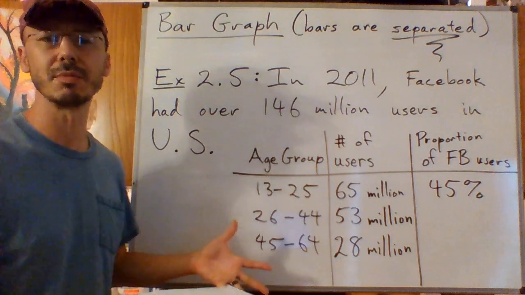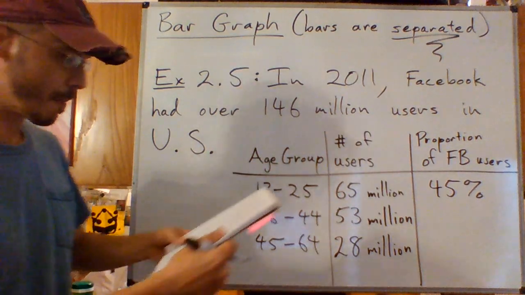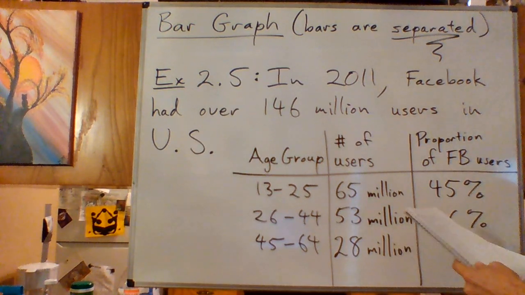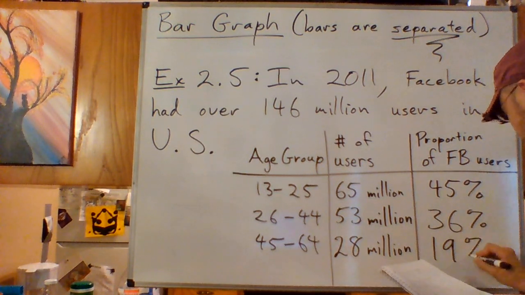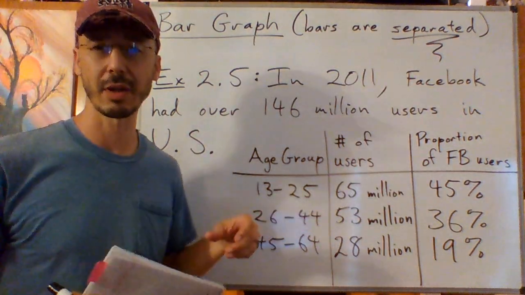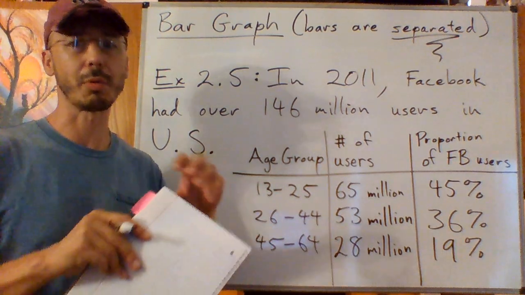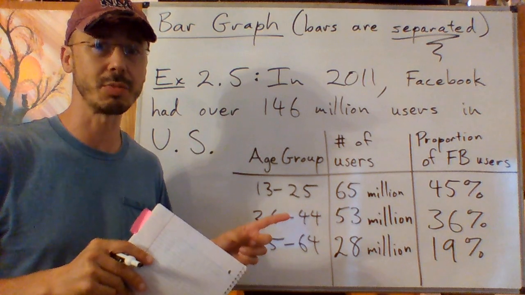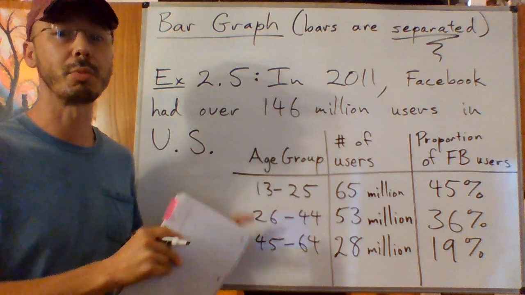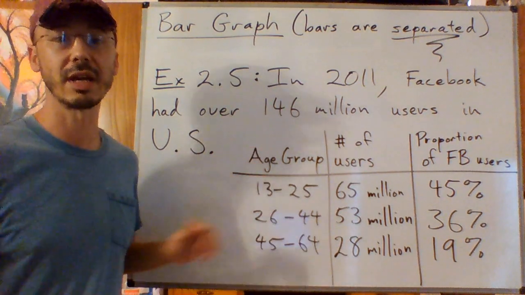0.45 if you want to really put the ratio or proportion down, but 45% is the same number. For the middle age group, it's 36%, and for the higher age group, it's 19% of the Facebook users. I'm not talking about the proportion of the people in the country that are in that age group on Facebook, but the proportion of the Facebook users in the country that are in that age group for each